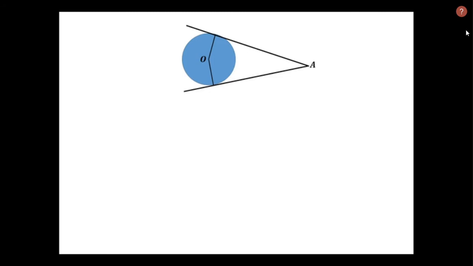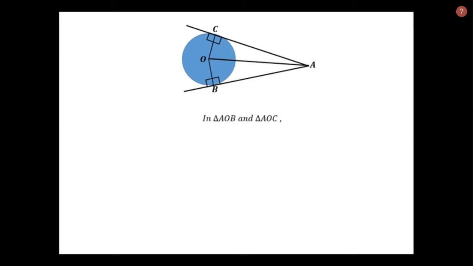For the solution, first we need to learn a theorem that I will tell you now. There is a circle and two lines externally tangent to the circle meet at a point. Let the radius of the circle be r and the center be O, and draw the radius to the tangential points. Where the tangents meet, let's name it A. Now where the radii meet the tangential points, name them B and C. We know that the radius is perpendicular to the tangent, so we can draw the perpendiculars and join OA.